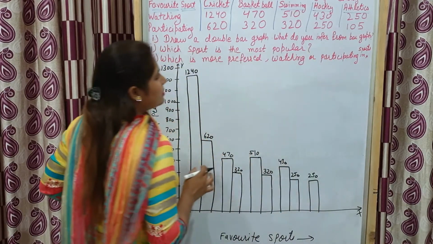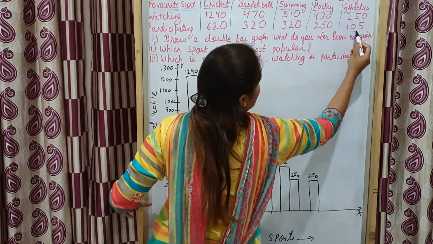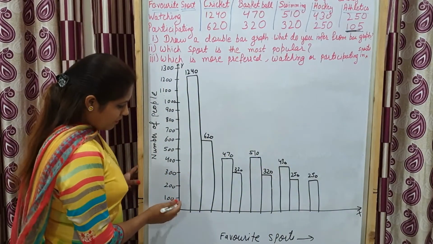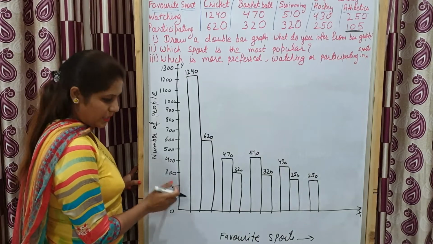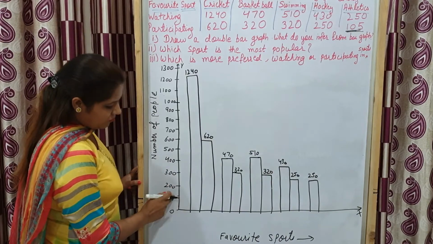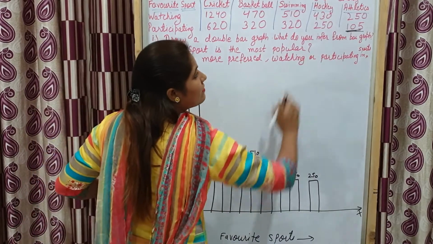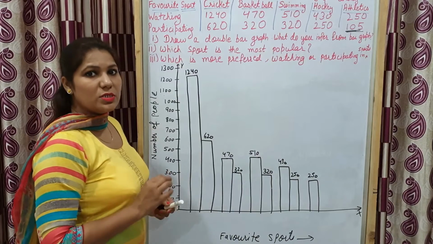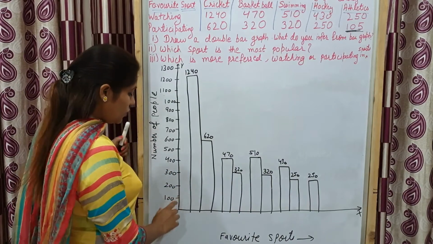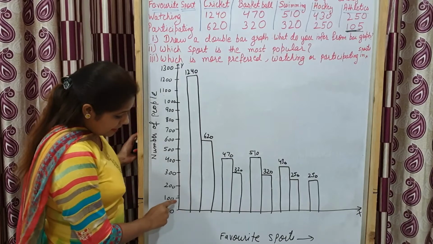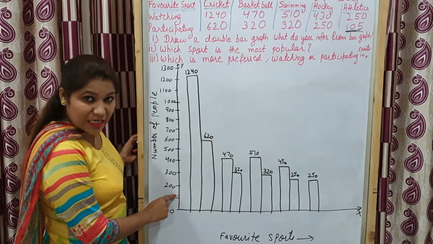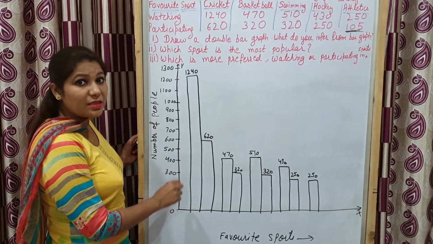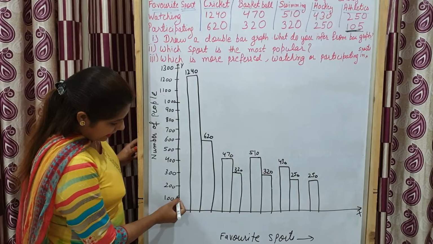Next is very important, that is 105. Mostly students make the mistake over here. 105. See here students, 105. See 100 and 200. The next line is about 110, but here it is 105. Now when you draw it, you have to use a sharp pencil, because between 100 and 110 you have to draw a very thin line. You have to take a sharp pencil.